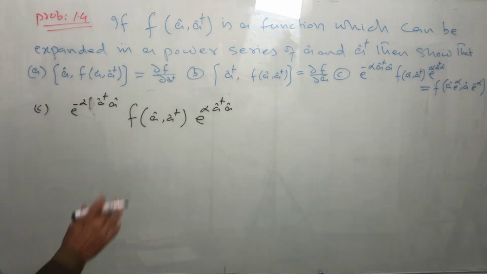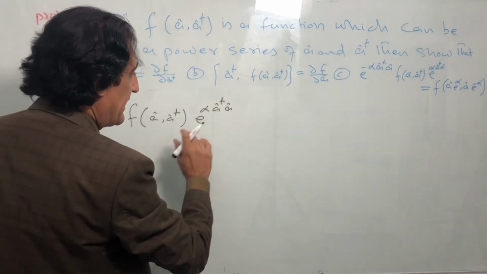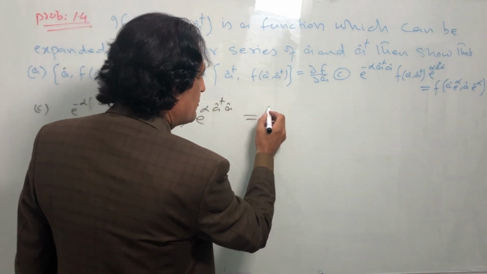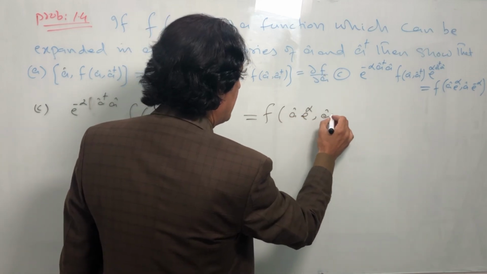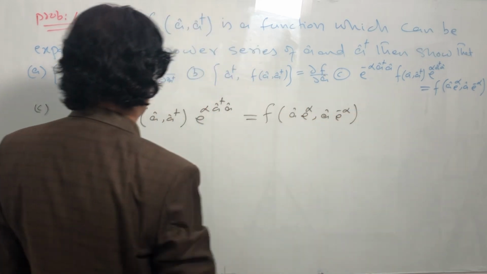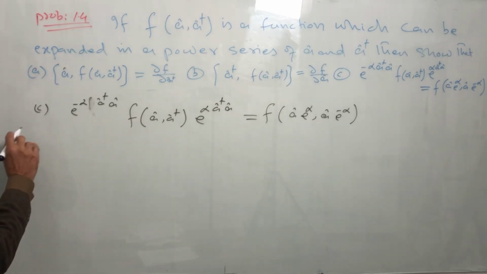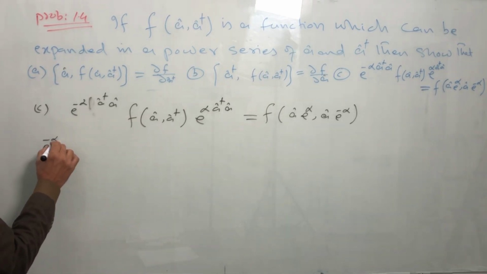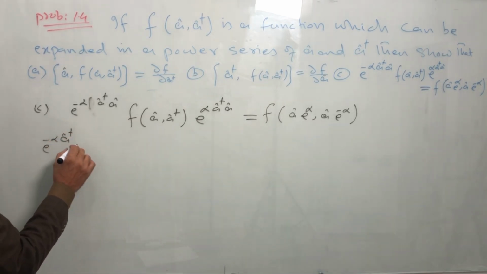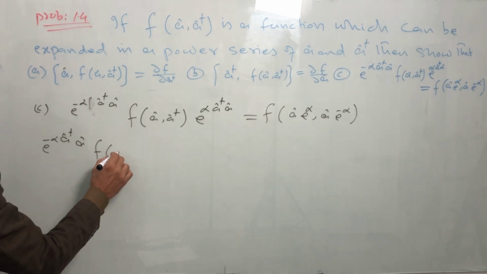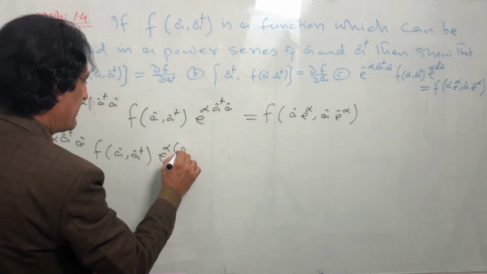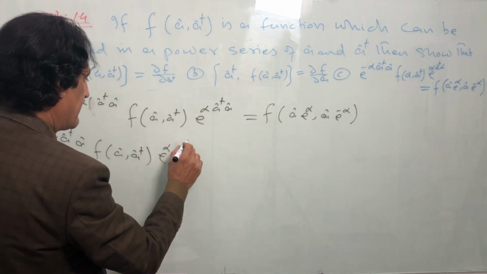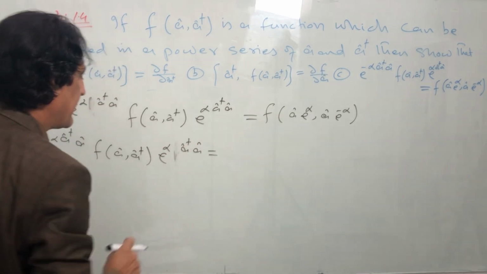We must show that this left hand side is equal to f of a e to the power alpha, a e to the power minus alpha. So first consider the left hand side, e to the power minus alpha a dagger a, f of a, a dagger, e to the power alpha a dagger a,